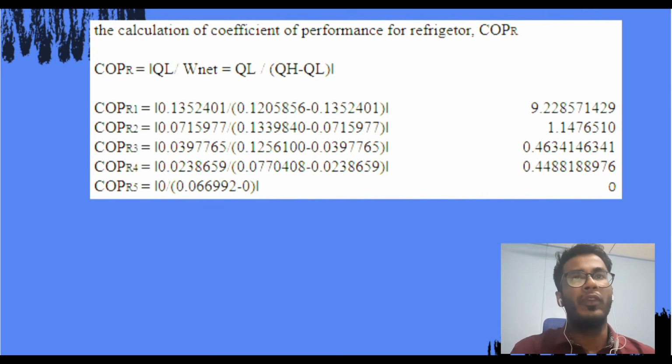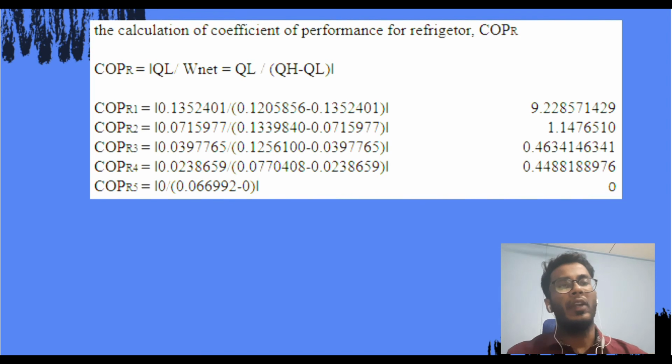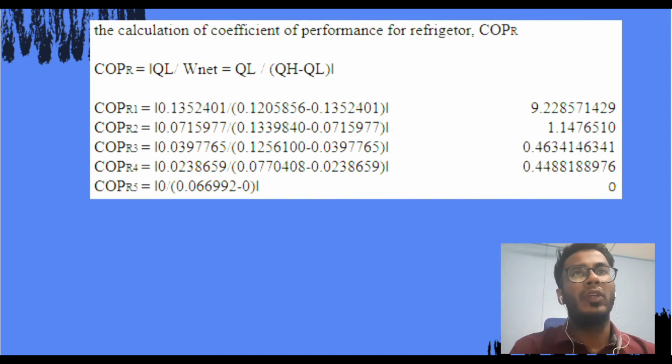formula of the absolute value of QL, which is the rate of heat transfer in the evaporator, divided by the net work. The net work is equal to the difference between the rate of heat transfer in the condenser and the rate of heat transfer in the evaporator. So the coefficient of performance for the first test run is